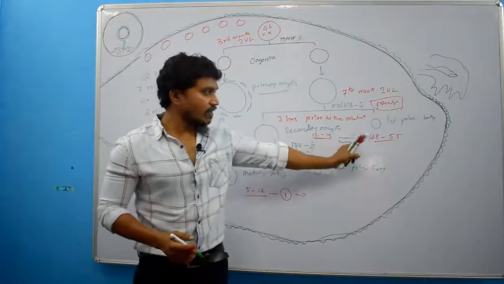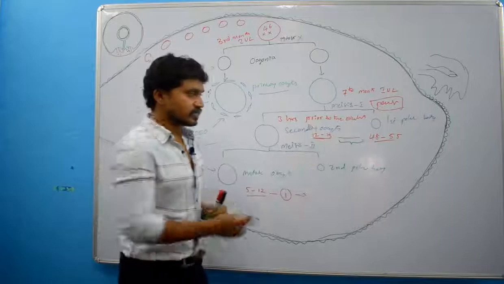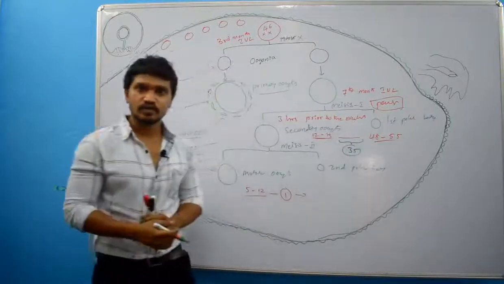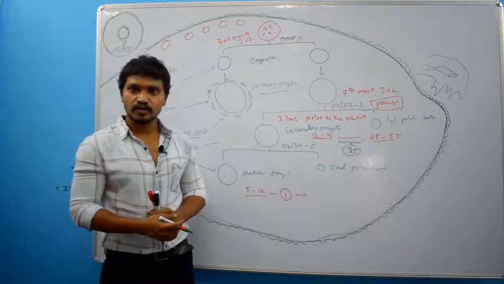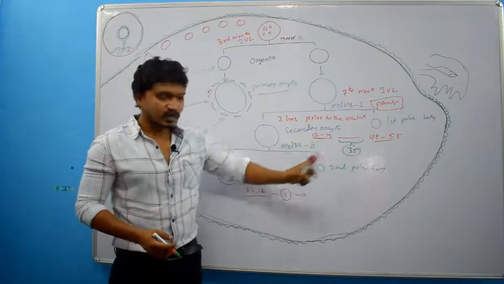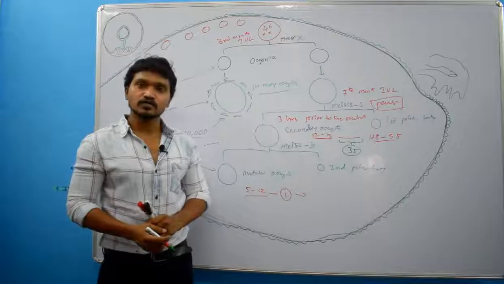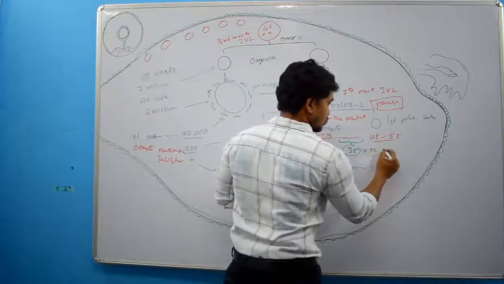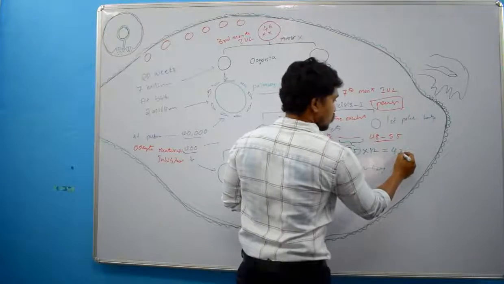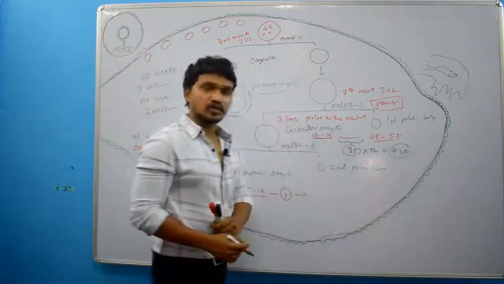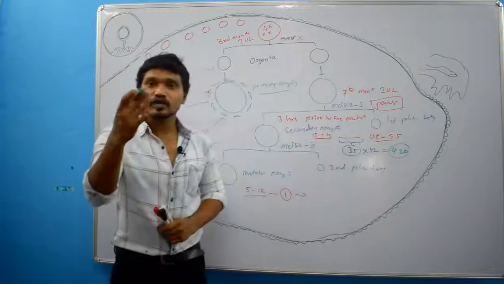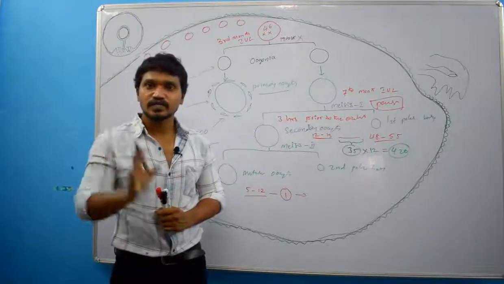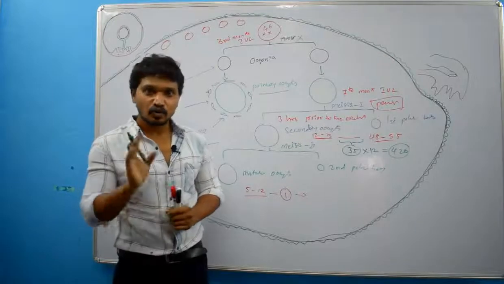What is the average time period? It is around 35 years. Is it or not? Clear? So, in 35 years, how many months will be there? 35 into 12. It's around 420 something will come. Right? So, around 420 only will ovulate. Right? Remaining will be degenerated. That's what I am trying to say.